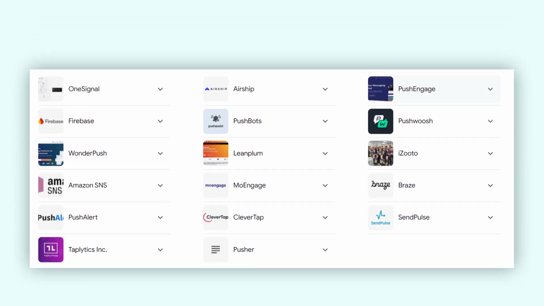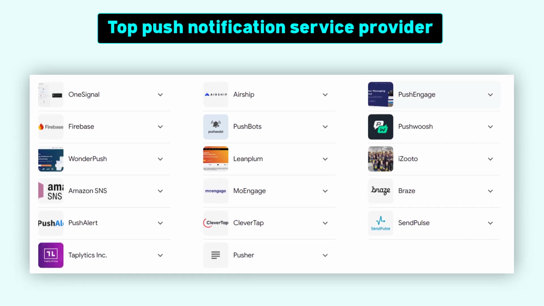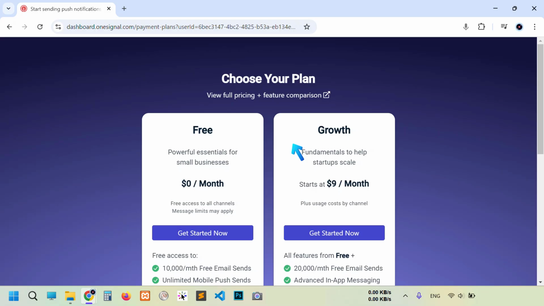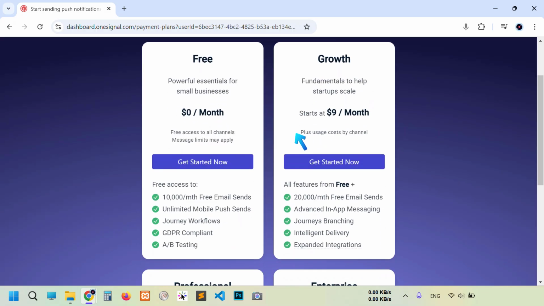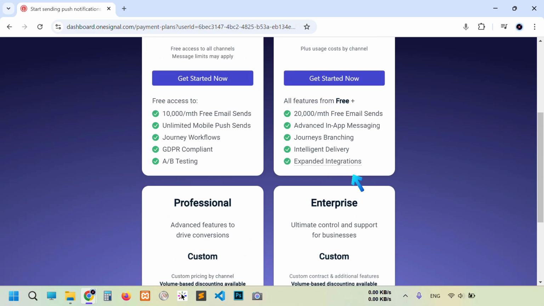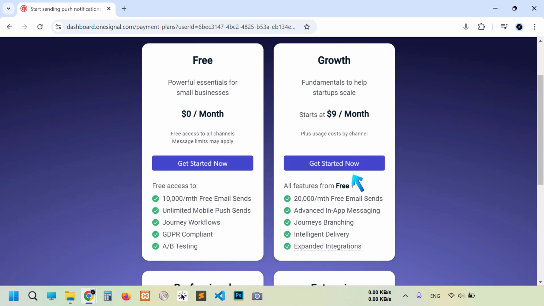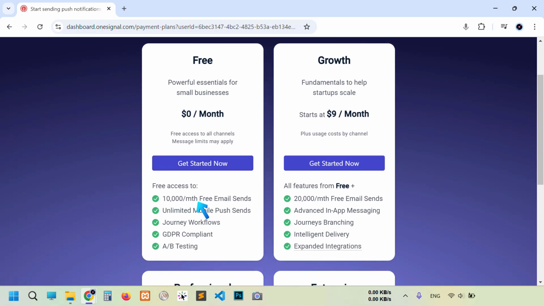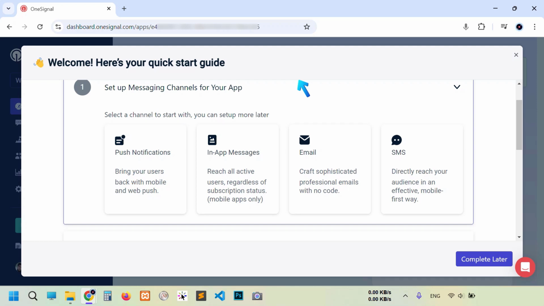Alright, now the question is, there are a lot of push notification service providers. Which one do you need to implement? It is really simple. It depends on your website, your application, your subscribers, the scope of your business, and whether you want free of cost or paid. For example, some providers offer a partially free service, like 1,000 subscribers or 500 impressions free per month, etc.